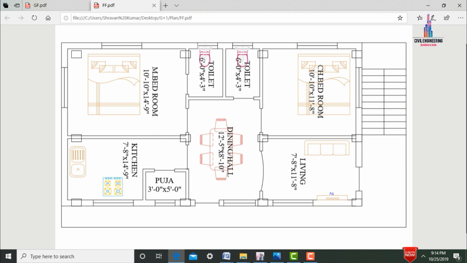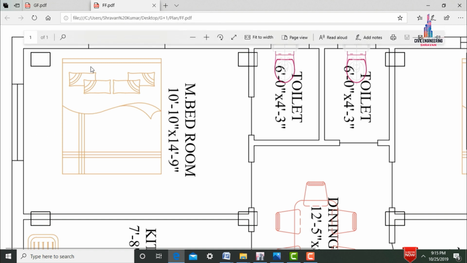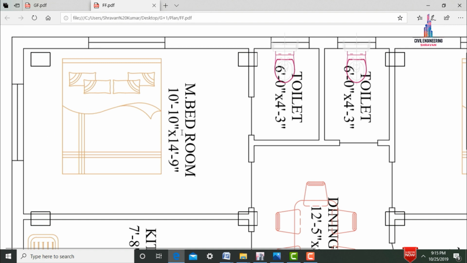So through the dining hall section, now we are entering into the bedroom here, master bedroom. So these are the dimensions of the master bedroom for this respected house, which consists of 10 feet 10 inches in length direction distance as well as 14 feet 9 inches in width direction distance. So this master bedroom consists of two windows. One window is provided in south facing direction and another window is provided in west facing direction. The width of both windows is approximately 4 feet wide.